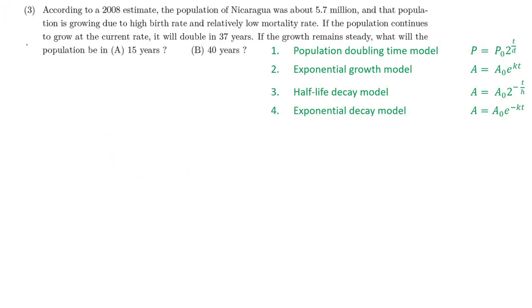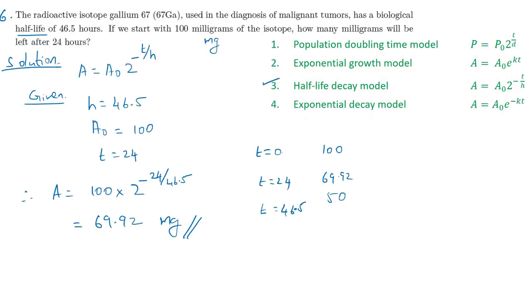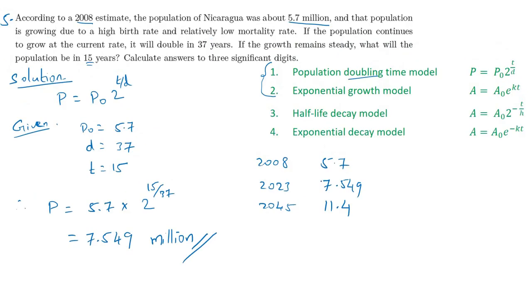Anyway, here I will give you the idea. Already we have solved the problem number 3. I will take 7. The same story already: Nicaragua was about 5.7. The same story, same problem. Please try this one and check the answer the way I have done. In the exam, no need. By looking at it, you can tell the answer. You can check the answer.